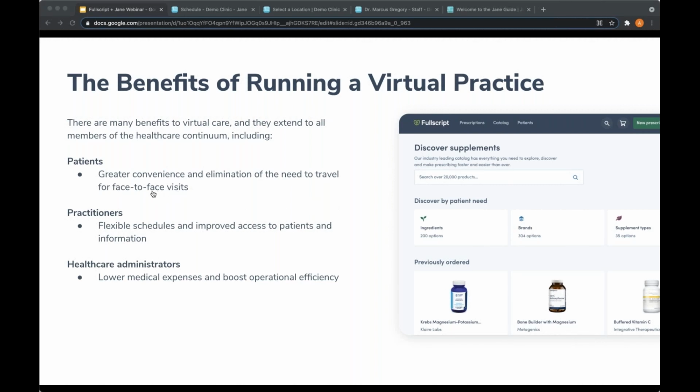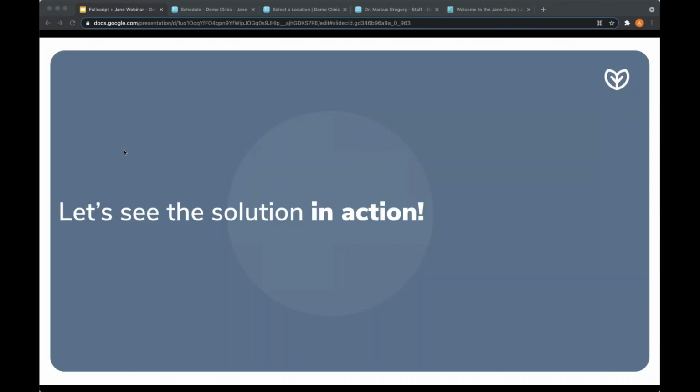Now, I know I rambled on there for a bit. What we're going to do is jump into the solution here. And Alex, you can take over and show them what we mean here. Perfect. Yeah, I would love to. And that's such good context for everything that we're going to be showing. So keep those things that Alan said in mind while we're going through Jane here.